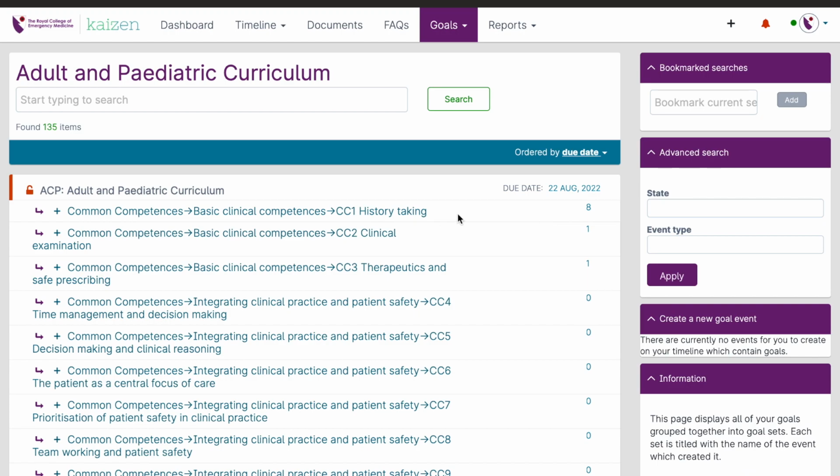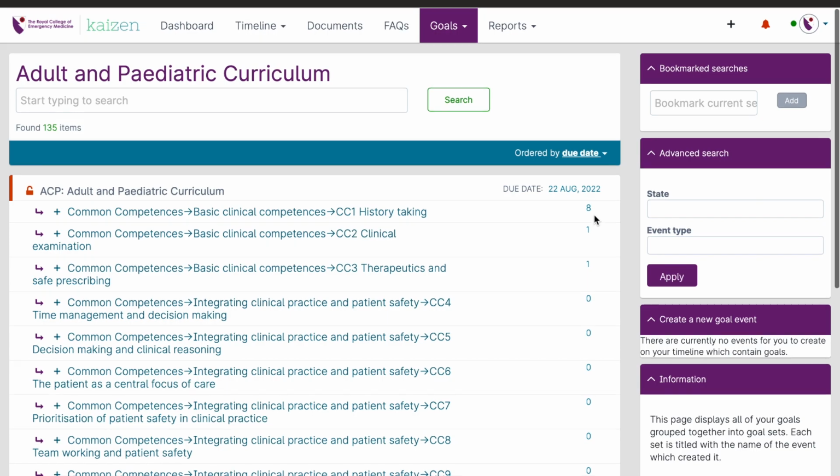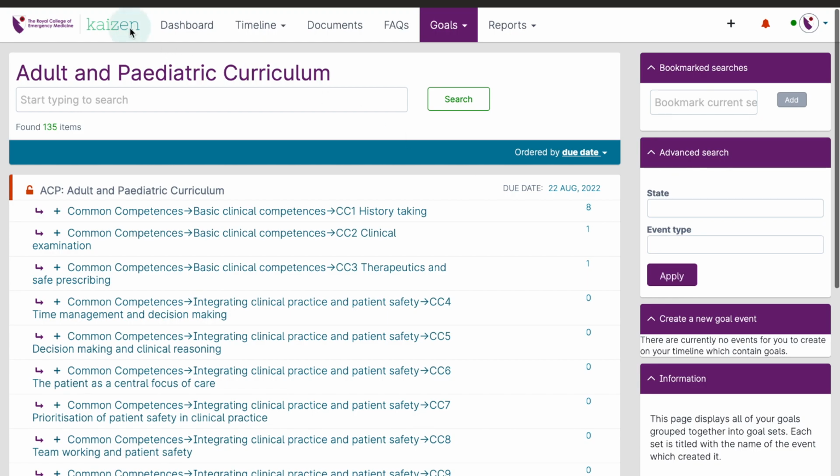But before I do that, I'd just like to highlight on the right hand side of the page, a number system, and these numbers represent how many events have been linked to each curriculum item. So we can see for CC1 history taking, 8 items have been linked. So I'm going to go back to the dashboard